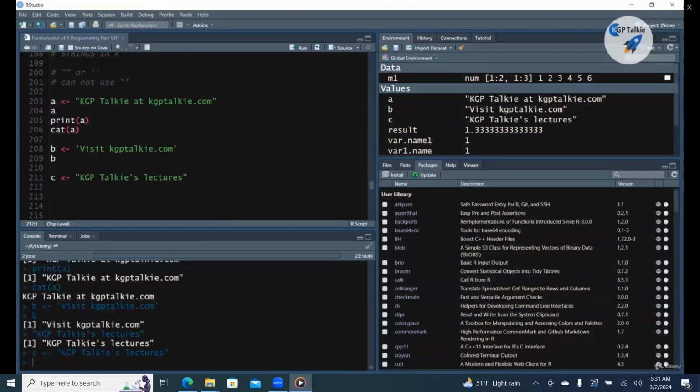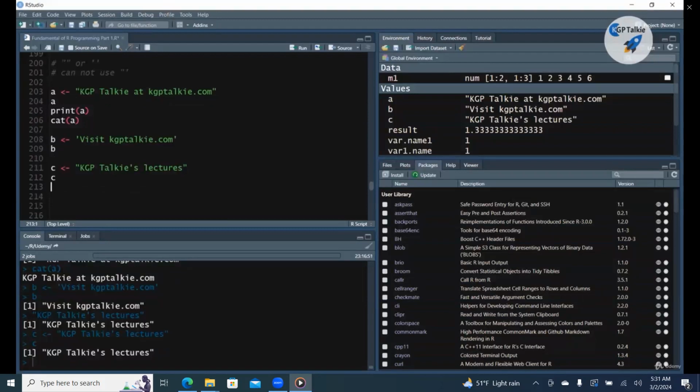So there you have got the C. It means that if you want to use a single quote inside, then you should put a double quote outside of your string. And if you want to use a double quote inside a string, then you should put a single quote outside of the string. For example, let's say you want to assign D is equal to,